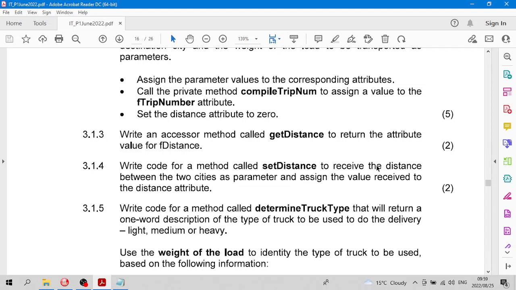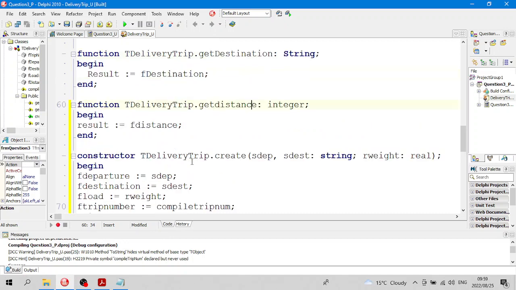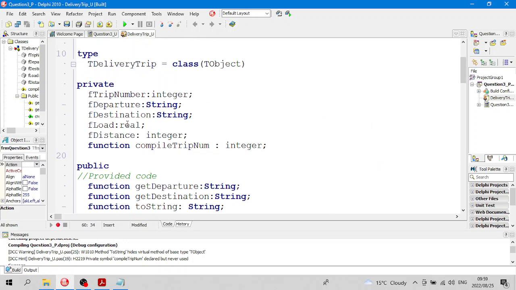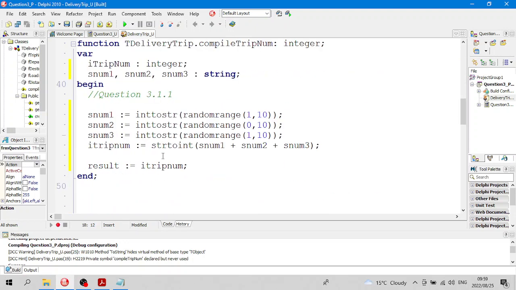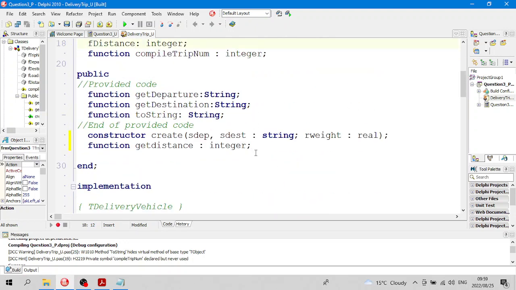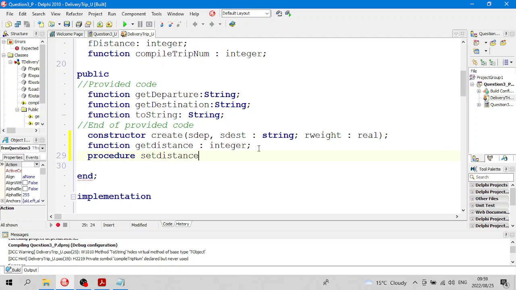This procedure is going to receive a distance between the two cities as a parameter and assign the value received to the distance attribute. Remember, these attributes are the private fields, and the f distance attribute is an integer, so this procedure must receive an integer. So we say procedure set distance, open brackets, it has to receive an integer, I, whatever you want to call it, colon integer, and that's how you write a procedure